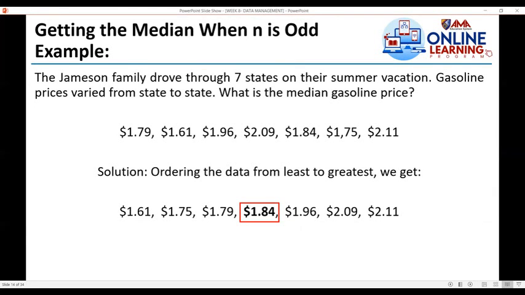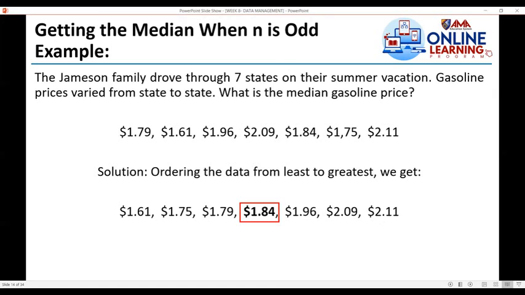Example. The Jameson family drove through 7 states on their summer vacation. Gasoline prices varied from state to state. What is the median gasoline price? So the prices of the gasoline from 7 states are $1.79, $1.61, $1.96, $2.09, $1.84, $1.75, and $2.11. So the first step in determining the median of the given data set is to arrange